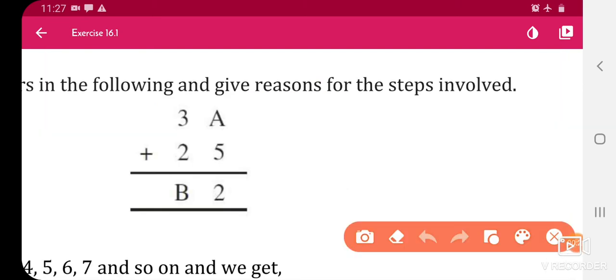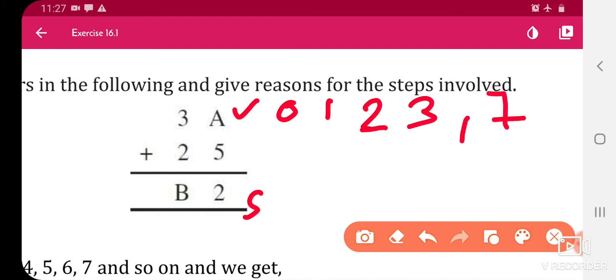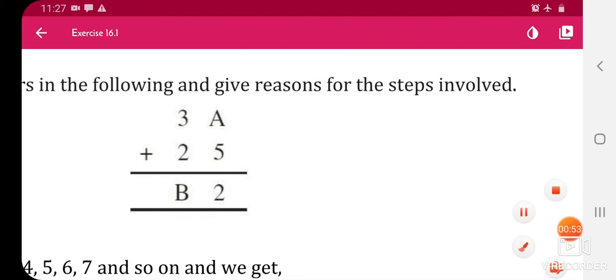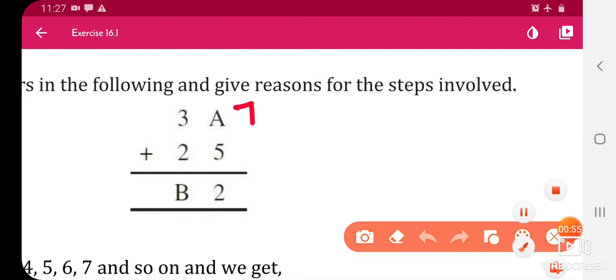So in this solution, which value can we put in the place of A? Okay, so we get a 2. Firstly we have to put a 0. 0 plus 5 is 5. After that 1. So 5 and 1 is 6. This is not our answer. 5 into 7. After that 5 and 3 is 8 and so on. And when we put the 5 plus 7. Okay, so when we put here 7.